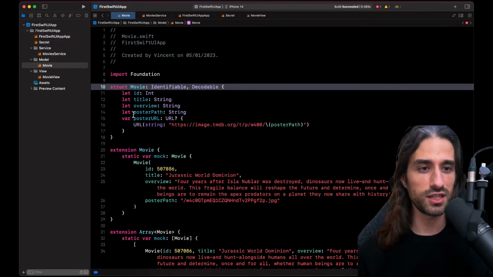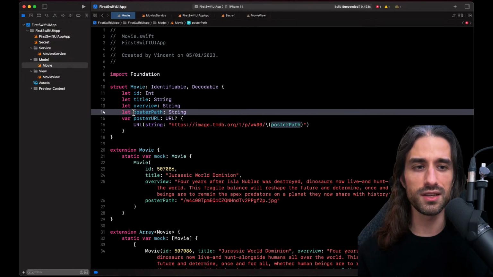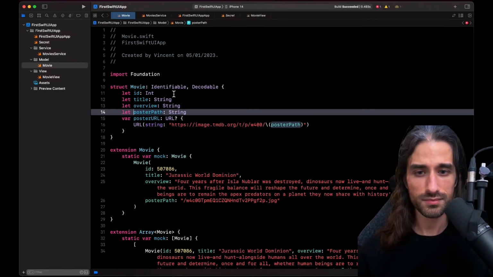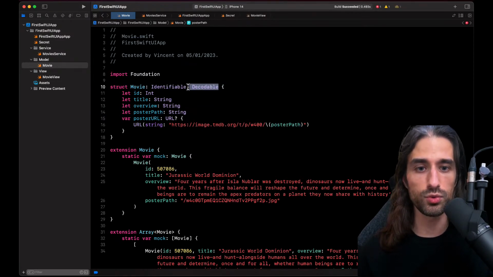So since my JSON will indeed match the fields, meaning that there will be a field ID, a field title, a field overview, and a field poster path, I will be able to decode the data. And there is nothing else left to be done in my model. That's the only change I had to do, which was to make it conform to Decodable.